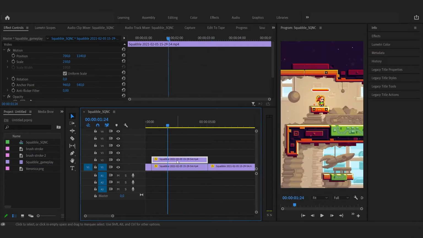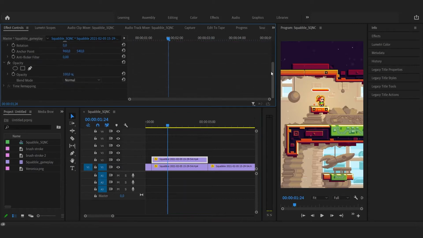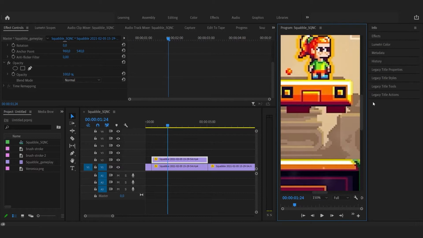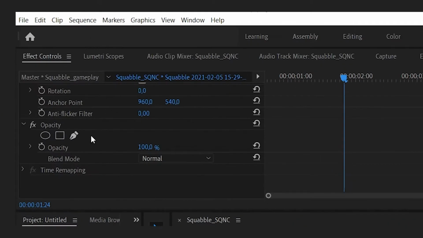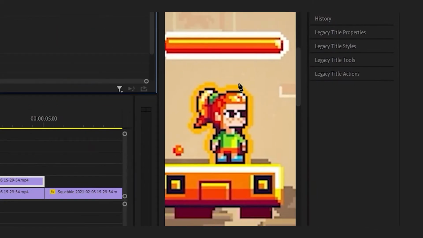Make sure you have this video selected and then go to the Effects control panel. In the opacity section, click on the pen tool to create a mask around our subject.